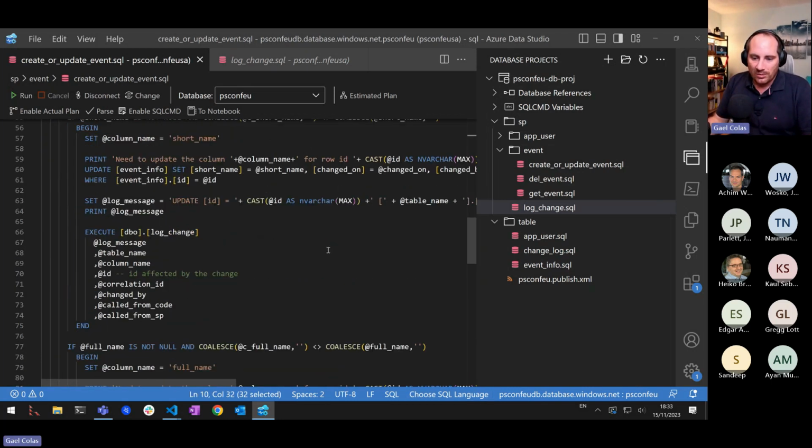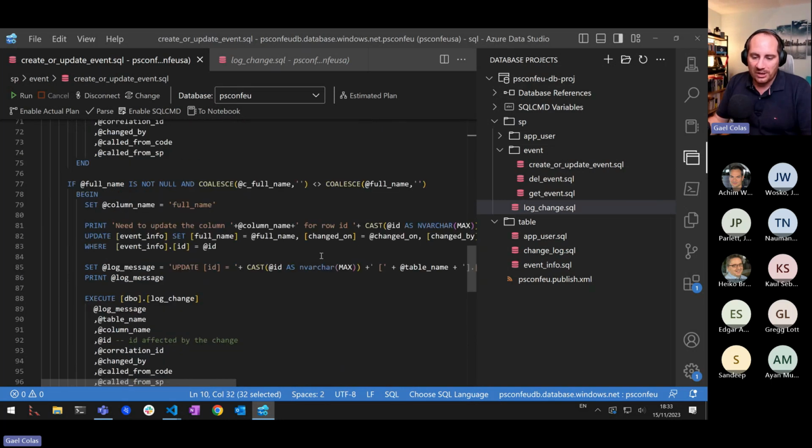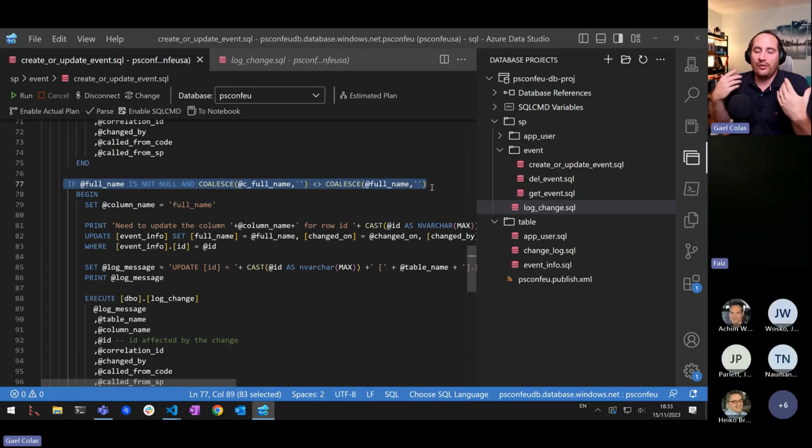So that's SQL, T-SQL, and I just want to show you, you have different cases. In this case, I'm just making sure that if you want to update a row because you gave the ID, so let's go back to the main logic, because I always use the same logic when I want to do get, set,